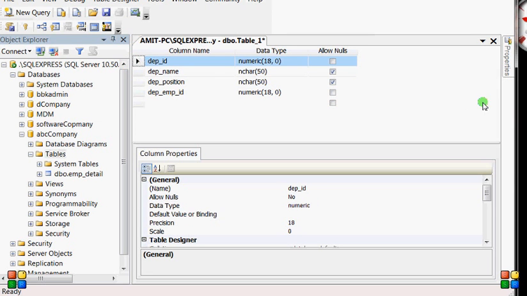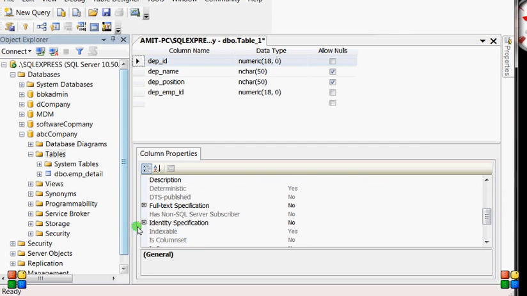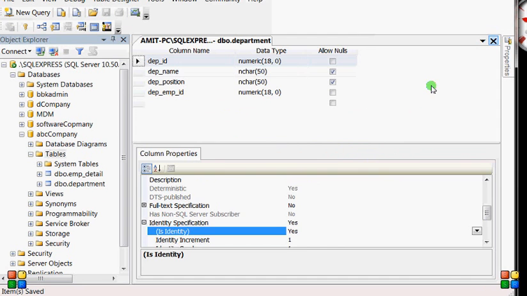Now just give auto increment in the department table. So auto incremented. Now save it. Give the table name department. So this is our department table.